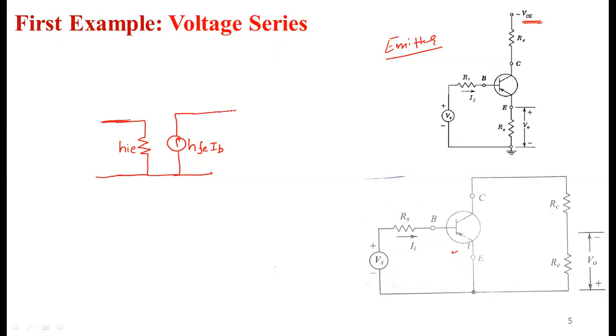Now we have to connect all other components. This is only for the BJT. At the base point, which is this point, here we write B, here we write E, and here we write C. B stands for base, E stands for emitter, and C stands for collector. At the base, RS is connected, so we will connect RS at the base and write RS here. Again, we have the VS at this side, so we will connect VS at this side. So this is VS.